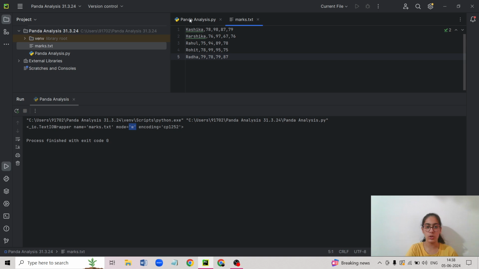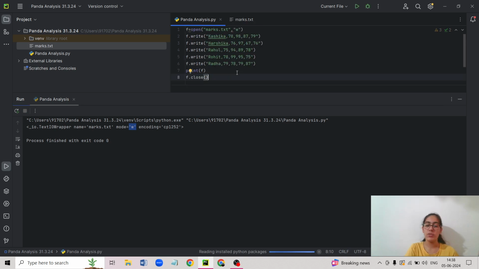So this is our program, and we all know how to put the sum in. For x in f, sum equals sum plus x. That way we will know that in file f we have variable x which changes every time. Sometimes it will be 78, sometimes 98, sometimes 87, and so on. So this is how our program looks.